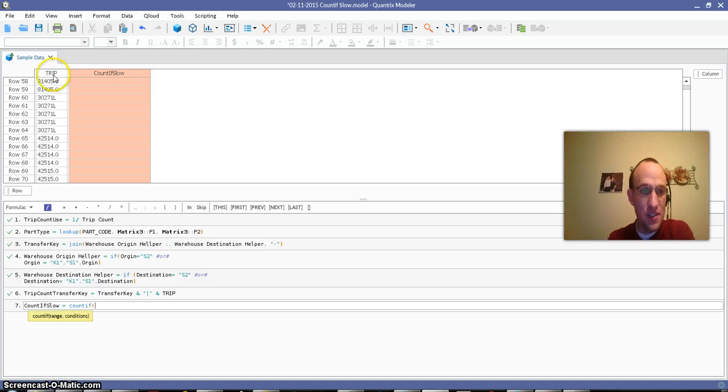and since I'm referencing the matrix that I'm in, I have to use this recursion method that I talked about in episode number, I think it was 96. But what I do is I say, okay, go out and get the trip of the row first. Okay, trip, row last. Okay, and I want to count it if it is equal to the trip I'm on here. So if I go ahead and I hit enter,